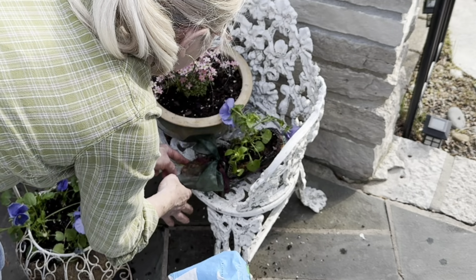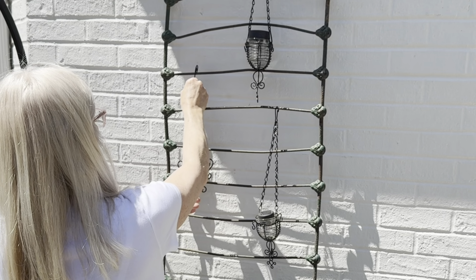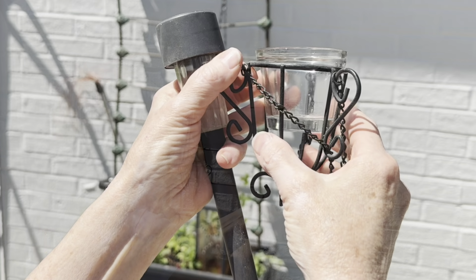up year-round too. I popped the stake off of another solar light and added it to this thrifted metal candle stand to create a little lantern, similar to the one I made in a previous video using the base of an old lamp. I thrifted these hanging votive candle holders a long time ago,